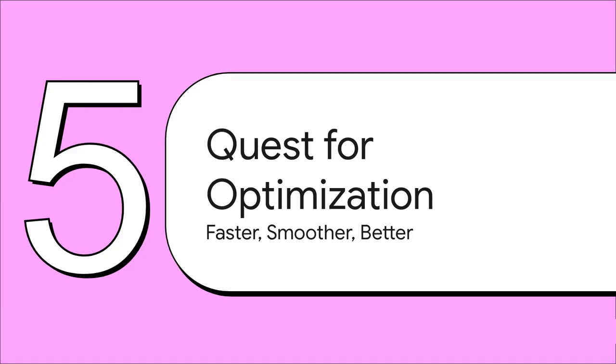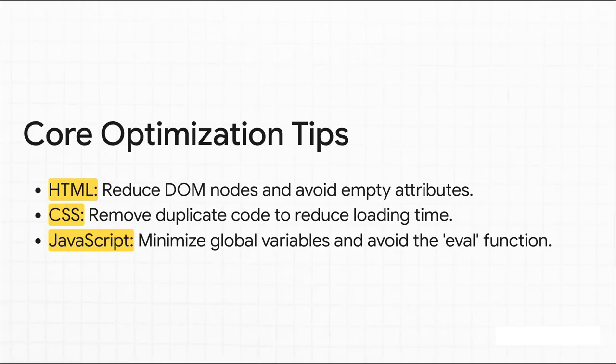But here's the thing. Building the application is only half the battle. Making it fast, efficient, and buttery smooth for the user? Well, that's the constant, ongoing quest. And this is where optimization becomes absolutely critical. Every single bit of code matters for the user's experience. This means cleaning up the HTML so the browser doesn't have to work as hard, cutting out repetitive CSS so the site loads in the blink of an eye, and writing smarter JavaScript that runs super fast without bogging down